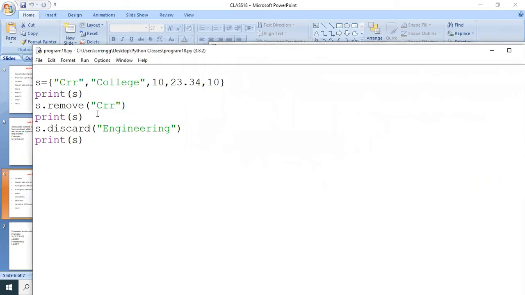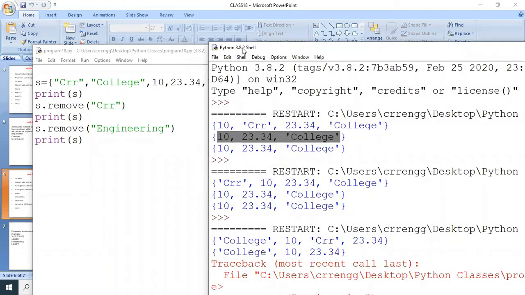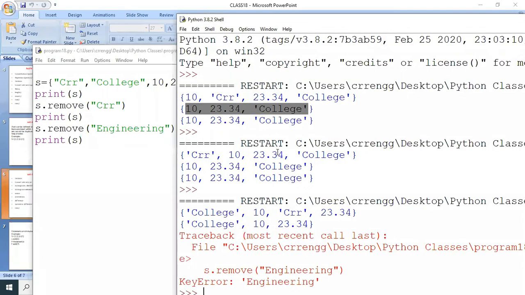But if the element is not found, then it returns an error. In the previous case, we don't get any error. But when we use the remove function to remove an element in the set, if the element is not found, then it returns an error. So these are the two functions we use to remove elements from the set.